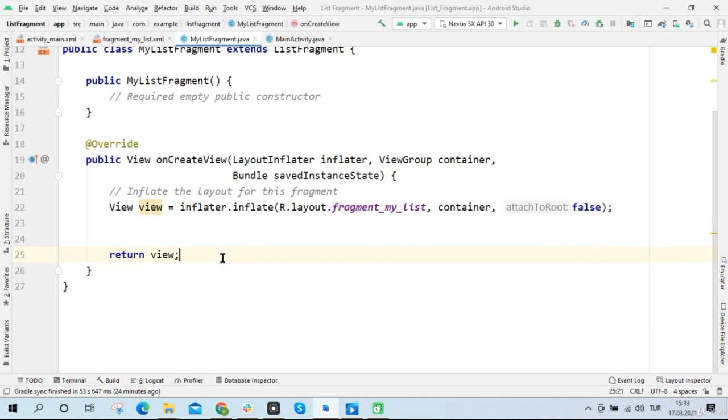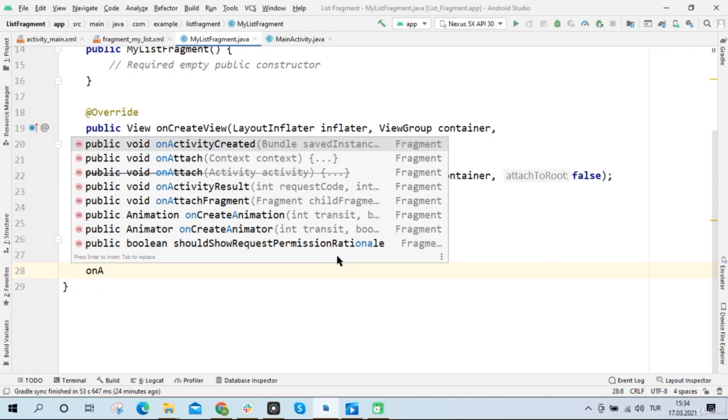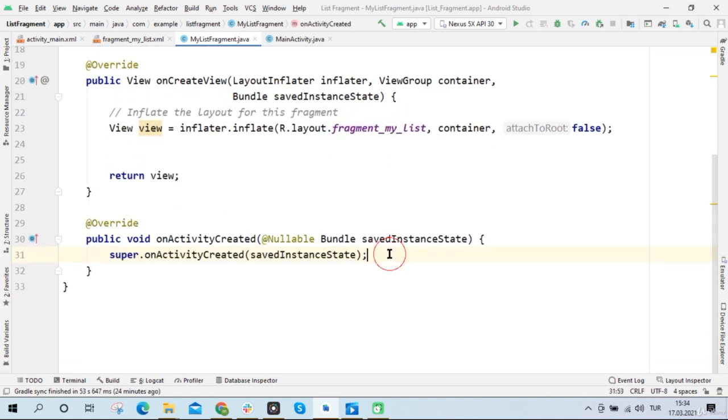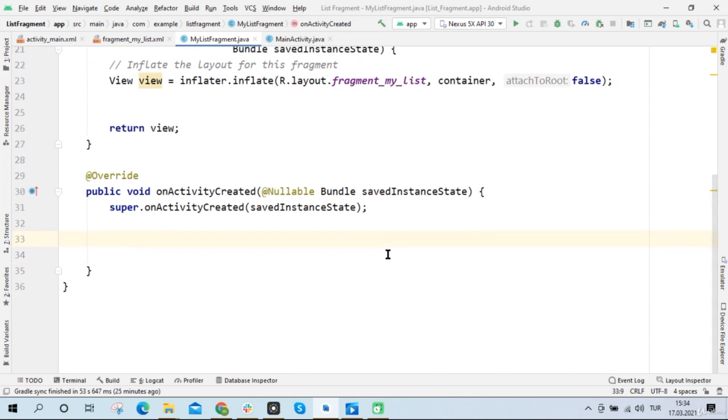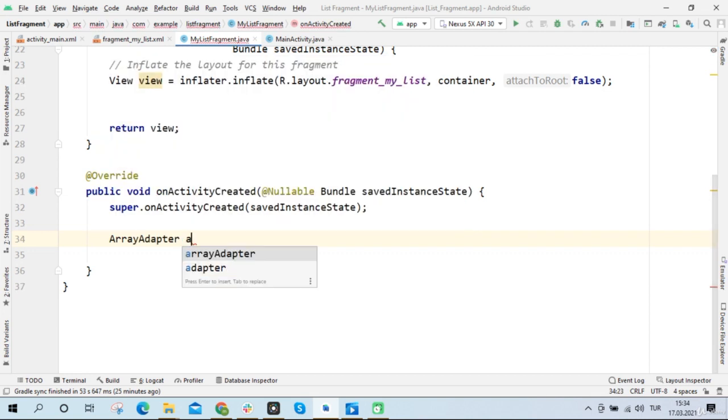Then I will override a new method, and I will call that method. The method that I will call is onActivityCreated. And I will write my processes inside that method. I will create an array adapter first. And if you remember back to the list view lesson, we must first create an adapter for the list view. So I can write array adapter